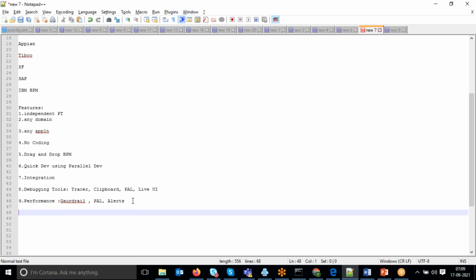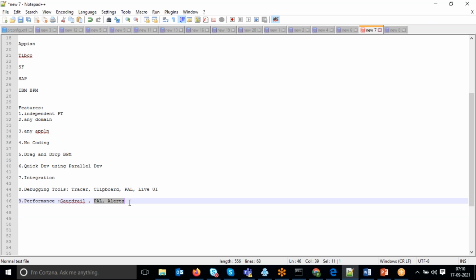We have debugging tools and performance tools. Debugging tools are for tracing issues inside the application level. And there are two types of performance tools. One checks application quality, design quality, and execution performance. The guardrail tool checks design quality. The remaining two tools check your application execution performance and functionality performance. For everything, we have inbuilt tools available inside the Pega tool.